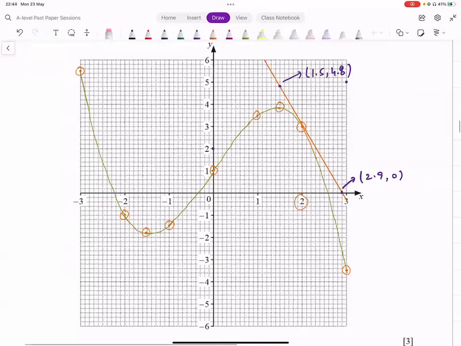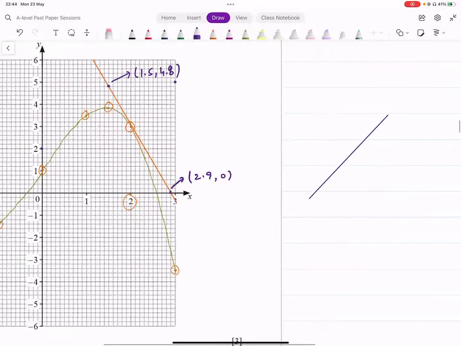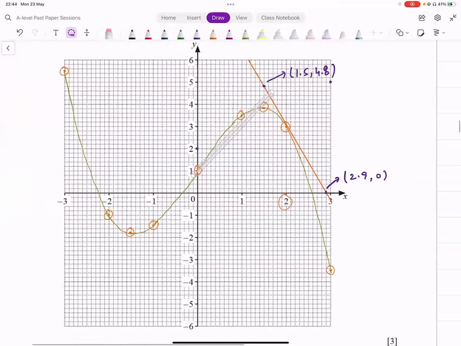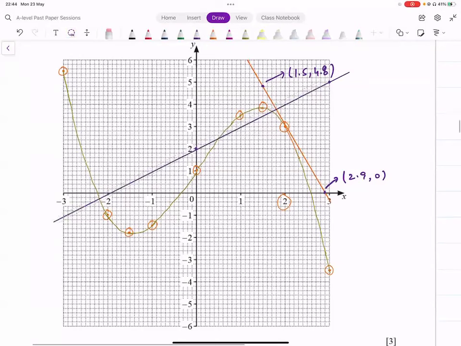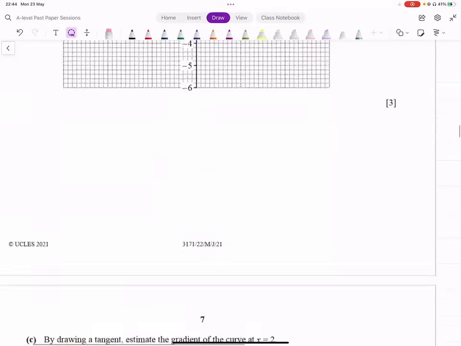Okay, so again, इसके ऊपर थोड़ा सा line का issue आता है. I'm going to do that on the side and then just copy that here. That's going to be quicker. Okay, so this is what my line is going to look like. ठीक है, जो उन दोनों points से पास कर रही है, ये मेरे पास line आ गई. Now, what do I have to do? I have to figure out